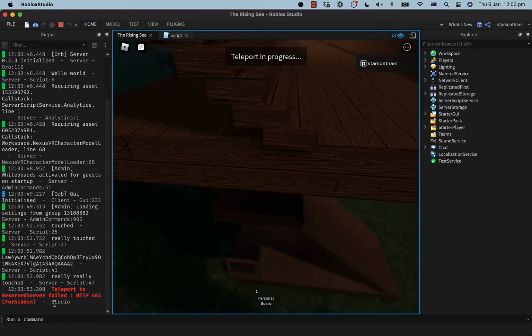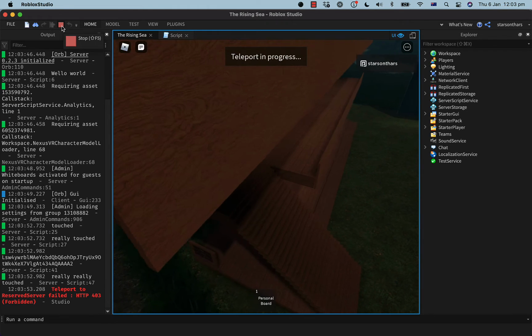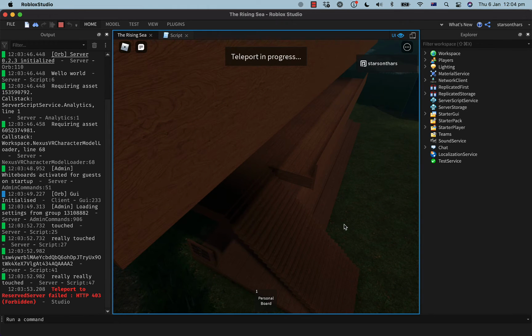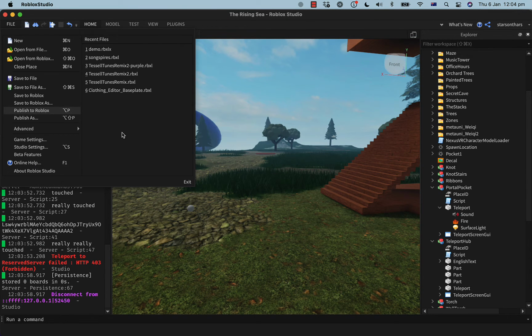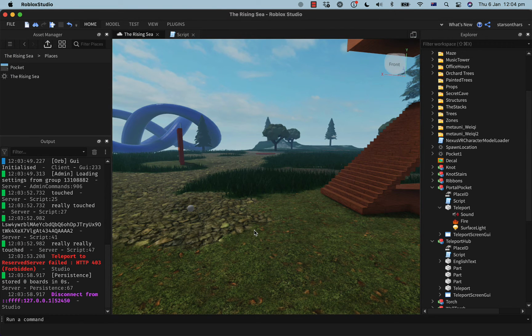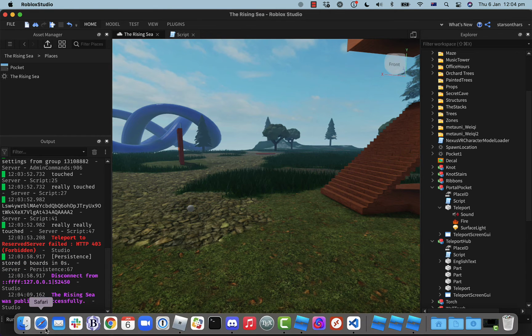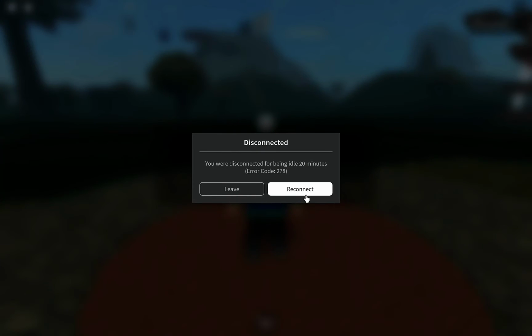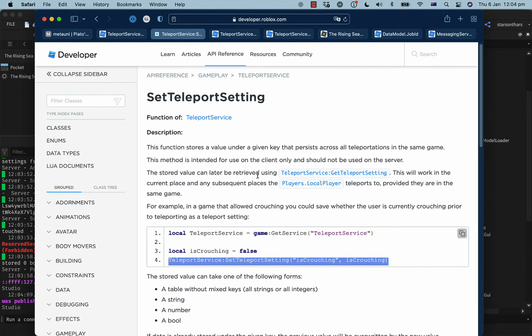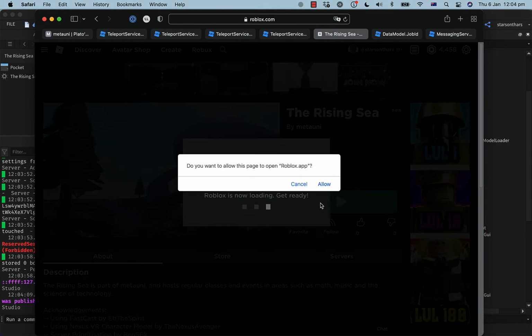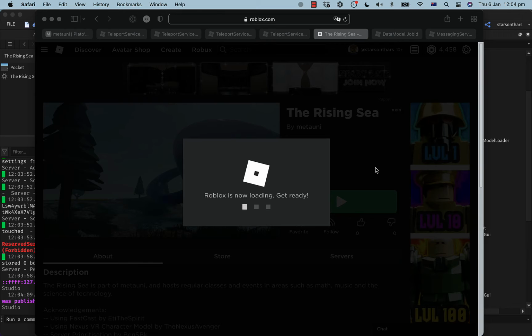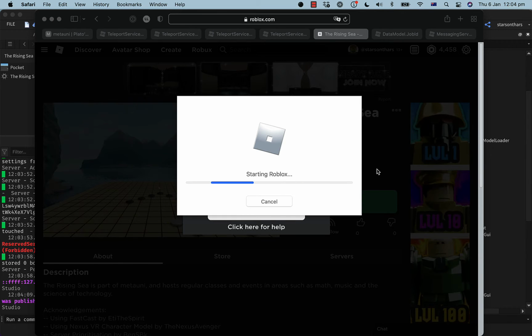Woohoo! Oh, what? Forbidden. Oh, I'm in Studio. Yeah, that's fine. Oh. Do you know how to get rid of that menu, Billy, on a Mac?